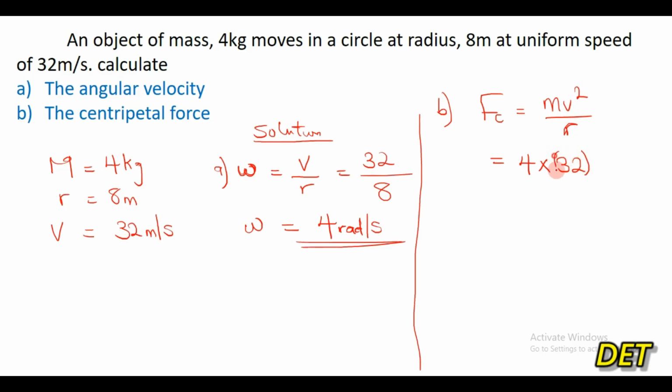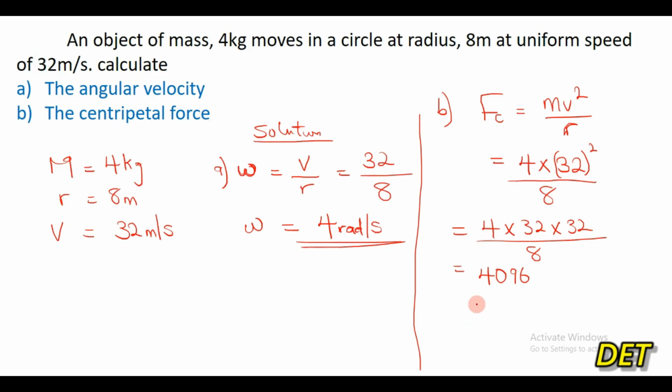So that will be 32 squared over our radius, which is 8 meters. So this will be equal to 4 times 32 squared, which means 32 times 32, over 8. So 4 times 32 times 32, that will be equal to